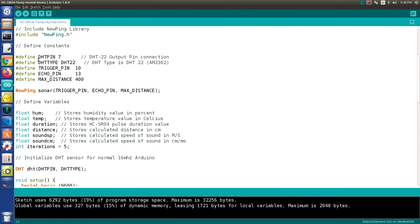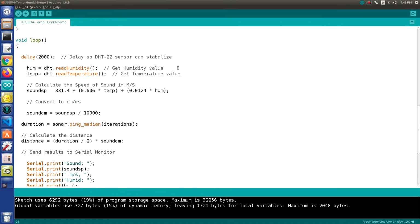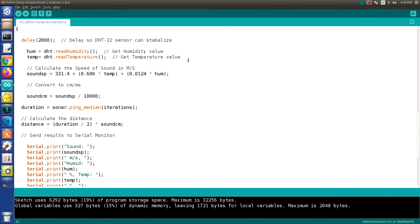So the temperature sensor is on pin 7, and it is a type DHT22, and these are the two pins we're using for the HC-SR04 ultrasonic sensor. And we also define a maximum distance for the sensor of 400 centimeters, which is 4 times the distance we need for today's tests. Essentially we go through all of the code in the other video, so I'm not going to go through it line by line, except to show you the key part over here